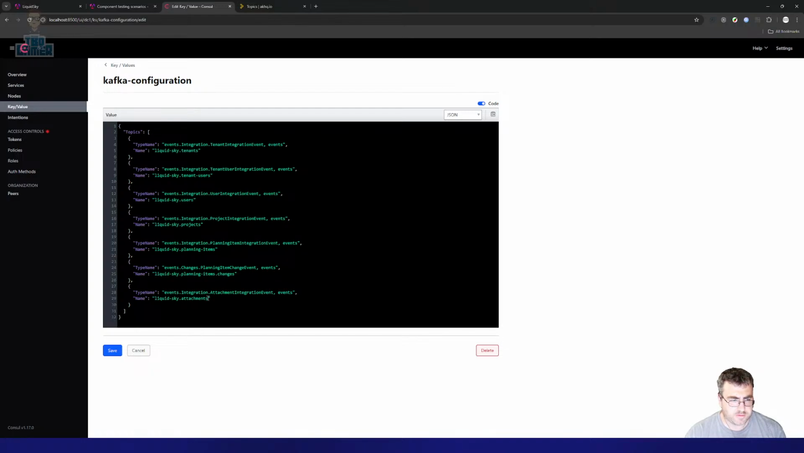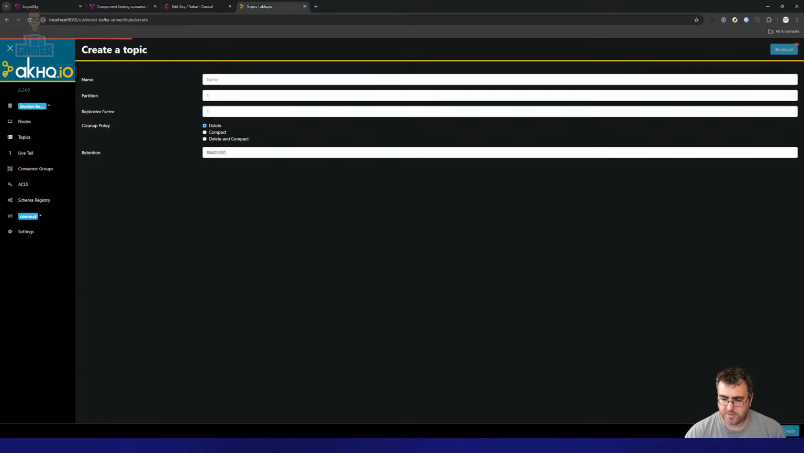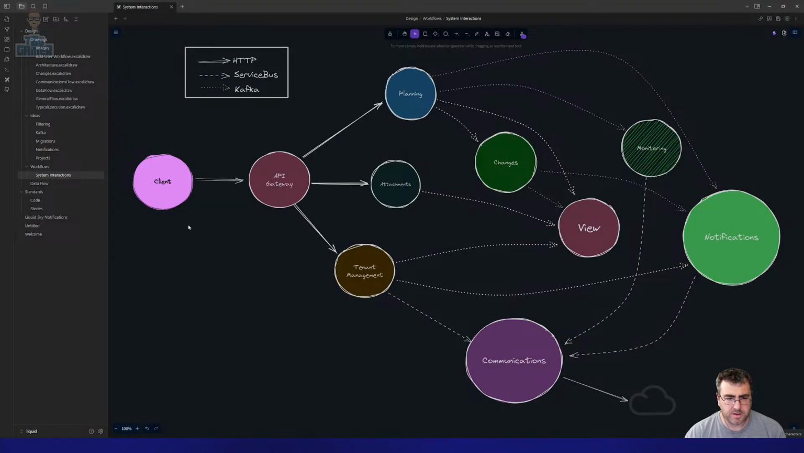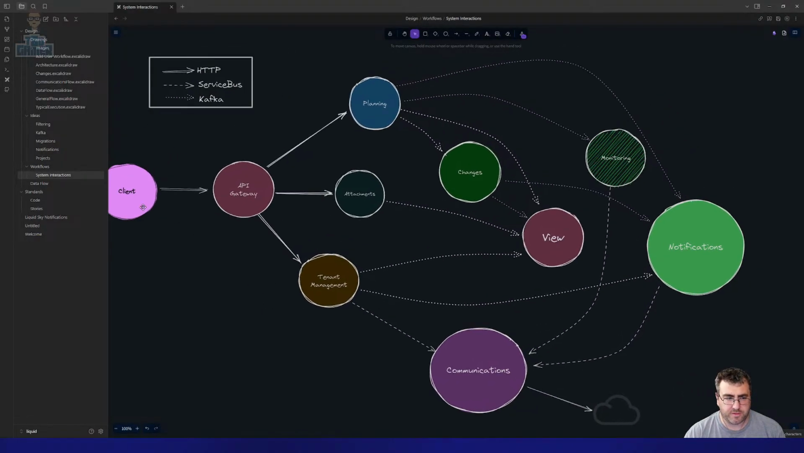10 planning items, changes, attachments. That should actually be enough with those two in there. That's 3. Okay. So if I go in here and go into the interface and create a planning